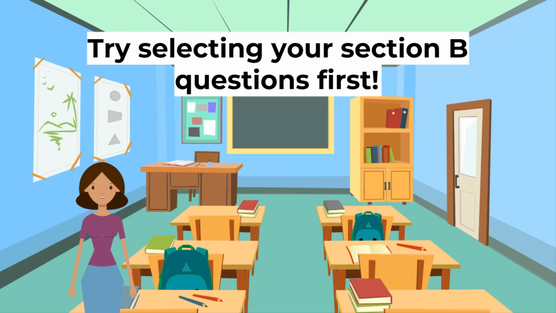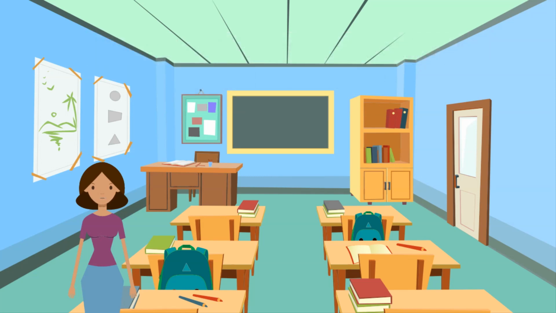Try reading through Section B first in the paper. This is the section where you have to choose 3 out of 4 questions to do. See what questions you think will be easy and make notes about answers. Go back and finish Section A. You need to do this question anyway, but your subconscious will be working on the questions from Section B in the background.